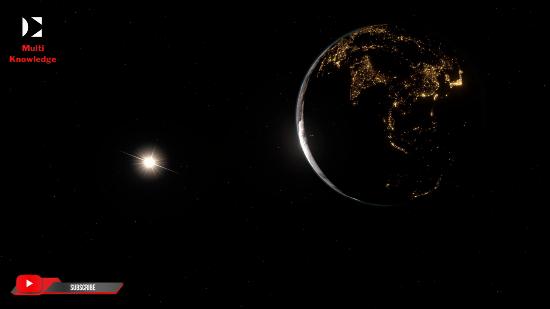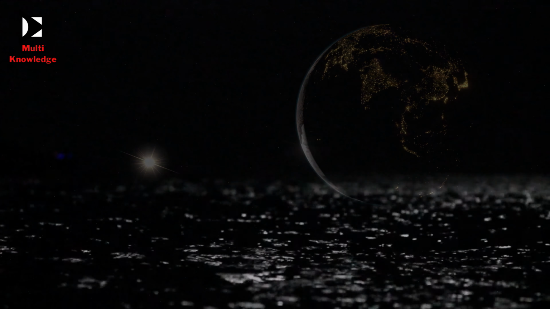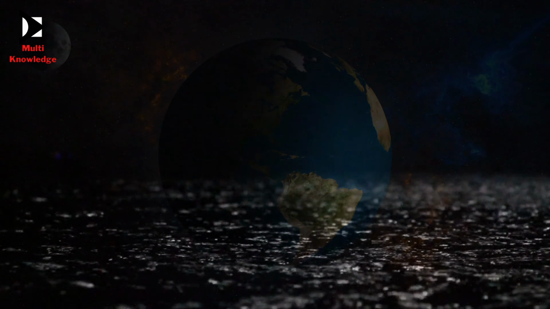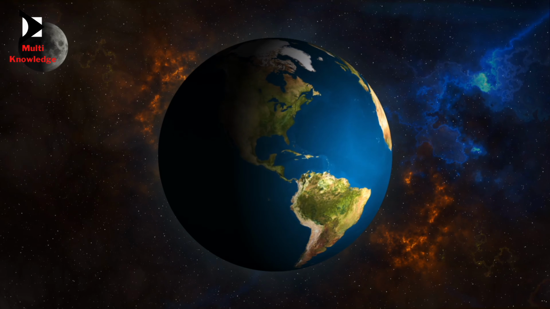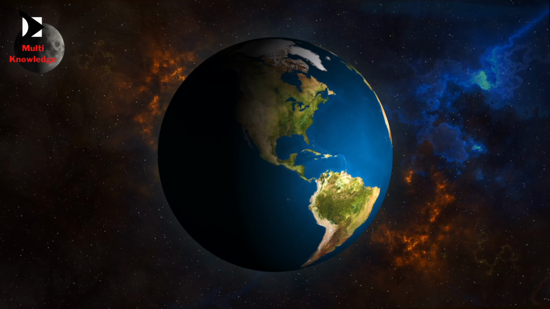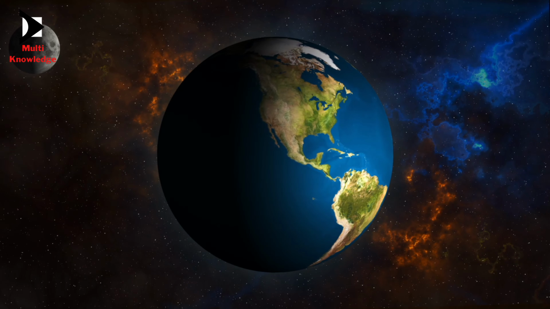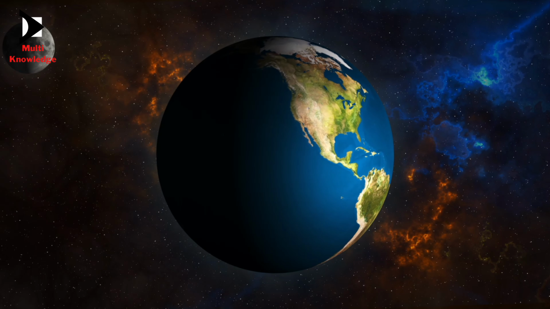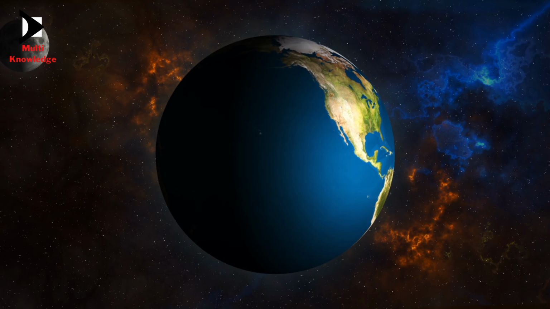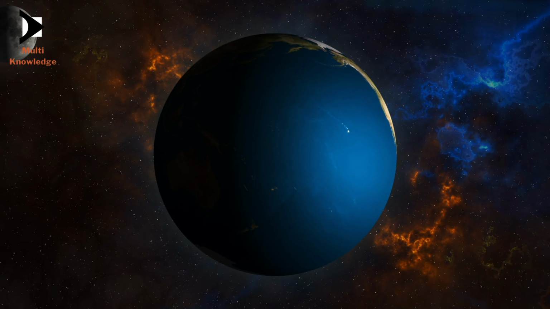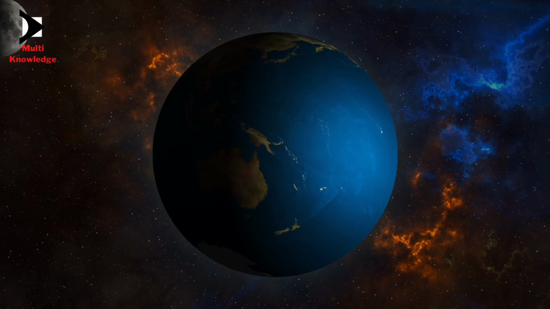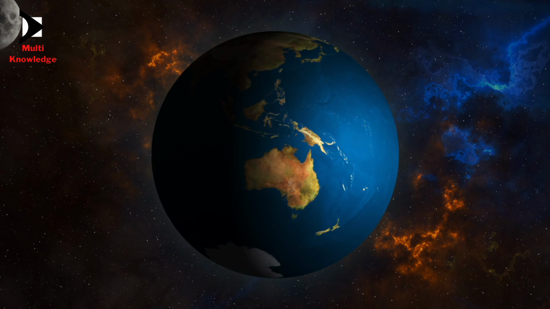The propagation speed of seismic waves varies according to the different layers of the Earth. Thus, the measurement of the speed of seismic waves passing through different layers of the Earth helps scientists to study the interior of the Earth. Scientists also study the rotation of the Earth and the difference in the gravity of different parts of the Earth. They also observe a phenomenon called tides that occur in the oceans due to the attraction effect of the Moon, Earth's only natural satellite.